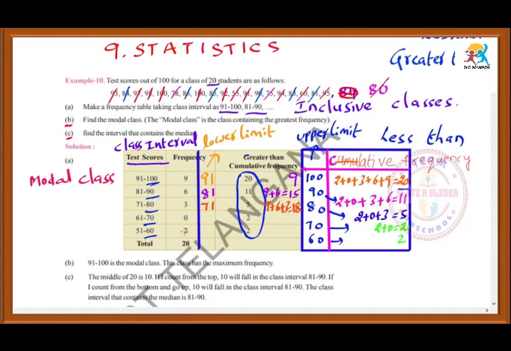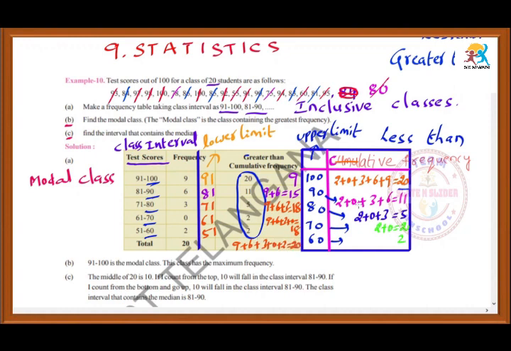that is equal to 18. And next class interval lower limit is 61. So the number of students who got greater than 61, that means these 4 frequencies, 9 plus 6 plus 3 plus 0, is equal to 18 again because it is 0. And take the next one, that is lower limit 51. So the number of students who got greater than 51 means all the students. So that will be 9 plus 6 plus 3 plus 0 plus 2, that is equal to 20.